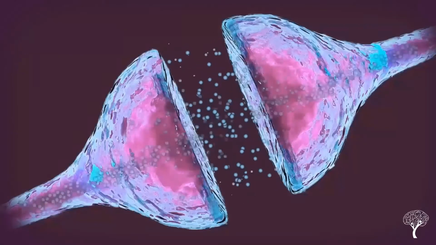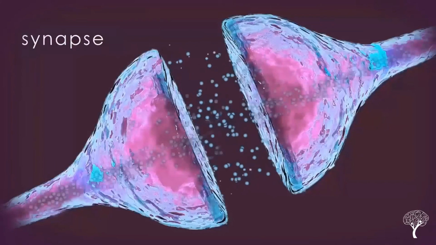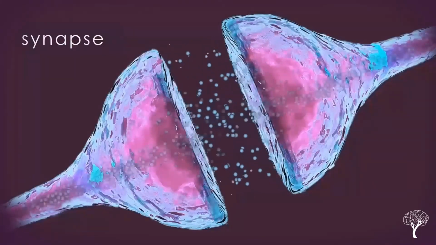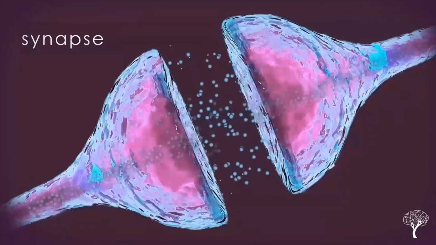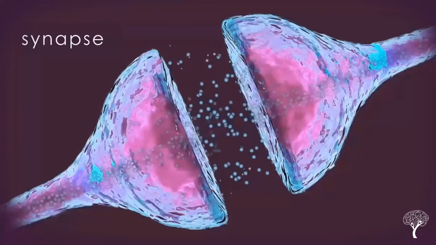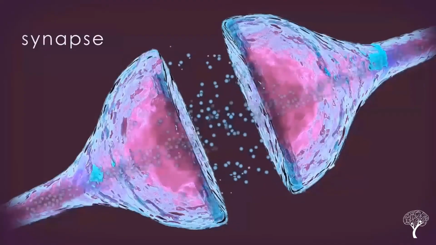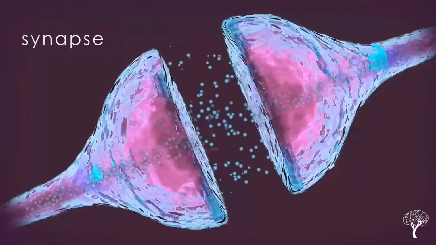The communication or connection point between neurons is called the synapse. This is the site of transmission of electric nerve impulses between neurons. The synapse contains a small gap separating neurons and is the structure that permits a neuron to pass an electrical signal to another neuron. In summary, these billions of neurons are electrically excitable cells that communicate all of your thoughts,